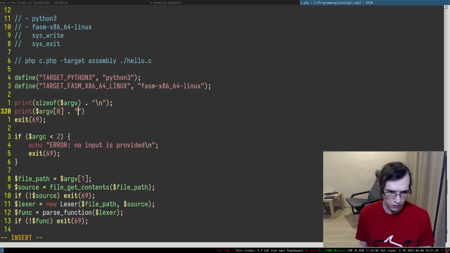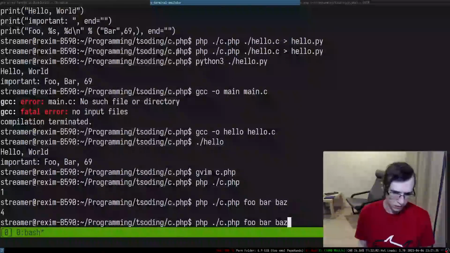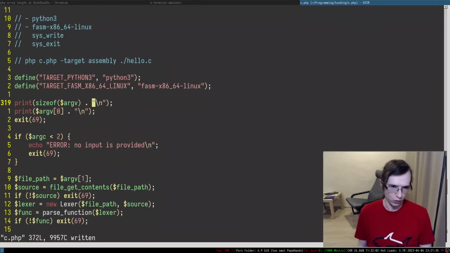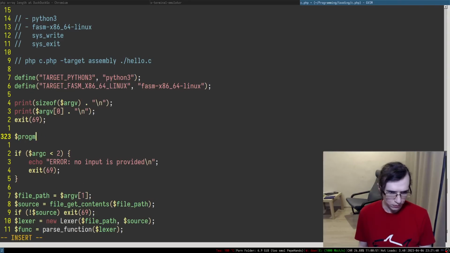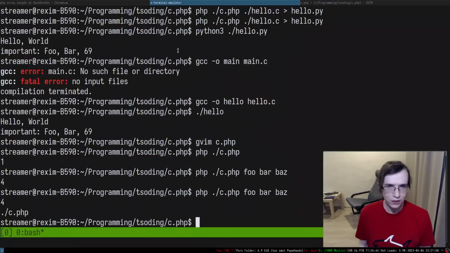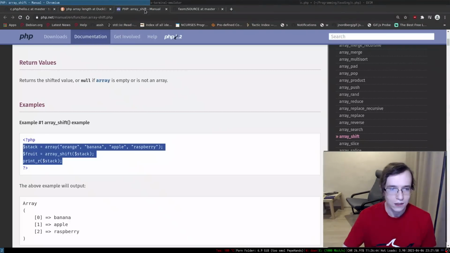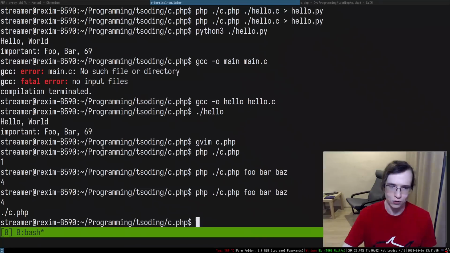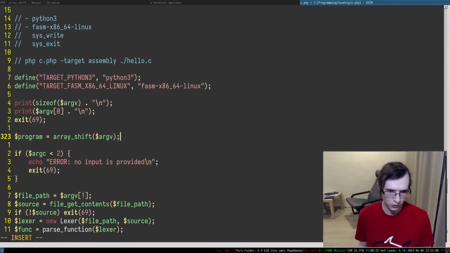argv0, something like that. Yeah, so you'll see the program. Essentially, the first thing we probably want to do is get the program, so I'm going to do array_shift, and what I have to provide is argv. But I didn't have to provide argv with any, so I was just thinking, do I have to provide the ampersand in here? I didn't have to provide the ampersand in here.